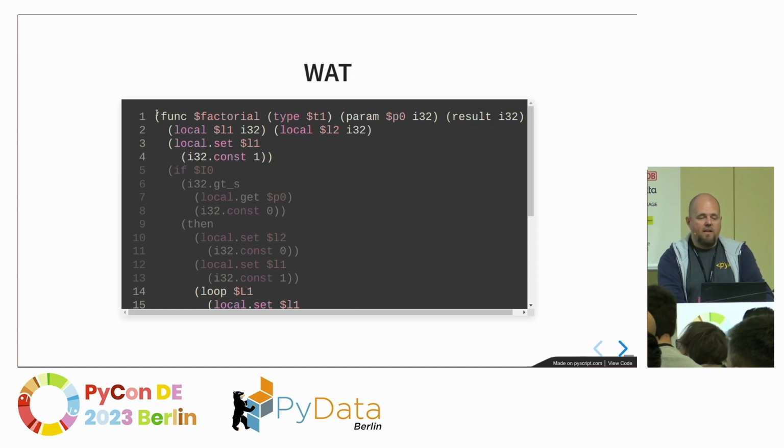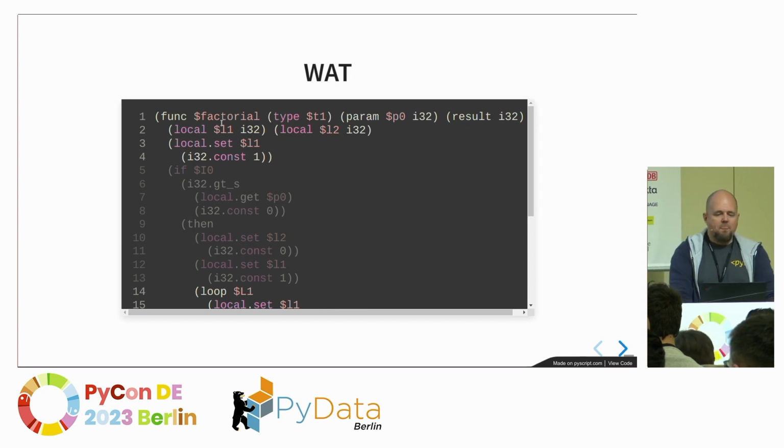In a WebAssembly module, we have one or many functions. In this case, we have this one, which has a type declared somewhere else. Basically, the type of factorial is you take an integer and you return an integer. You see that it takes an i32 parameter and returns an i32. So it's a straightforward translation from C. Then you can have a local variable, which is, again, an i32. We have another one, which I suppose is what in C was the variable res, which holds the result. And this is probably the variable i for the for loop. And then you have this kind of instruction.